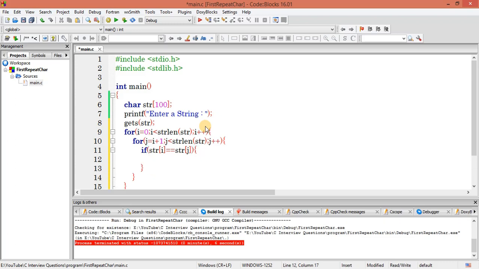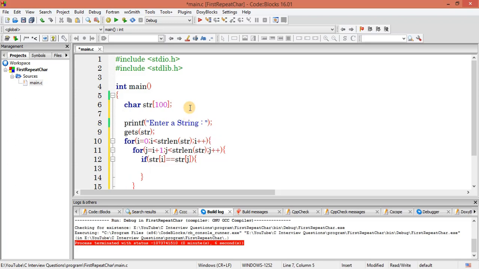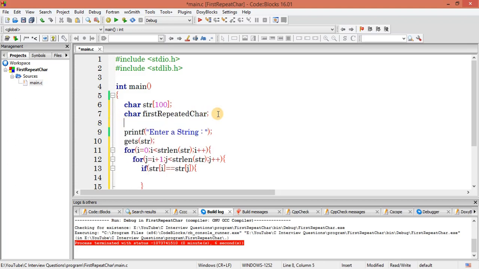Okay, so what I will write here, let me create one more variable to store the value, first repeated character, and the type is going to be char. Okay, and let me declare one more variable, found equal to 0 first of all.